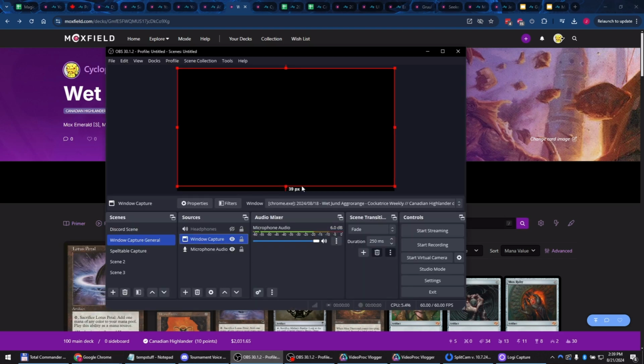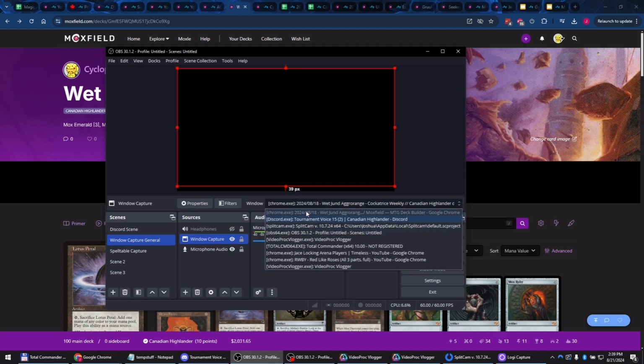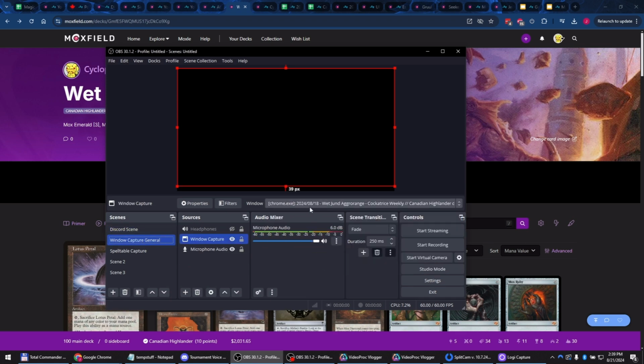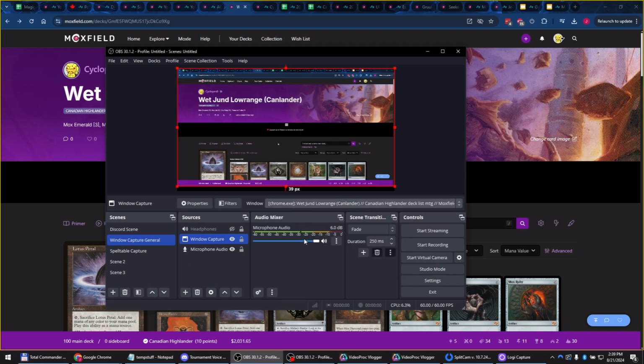Apologies, I'm trying to navigate all this stuff. So if you don't see it right away when you switch to a new window, sometimes that's because your window was minimized, so you just have to switch scenes again. And if you switch scenes again, you can see new windows. So this is my Foxfield window. And then if you're trying to do Spelltable,